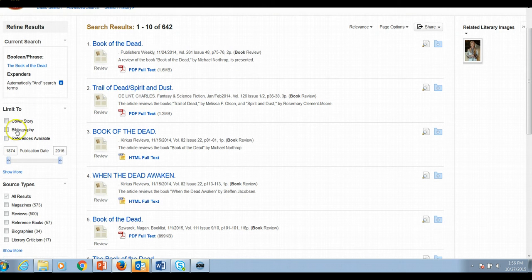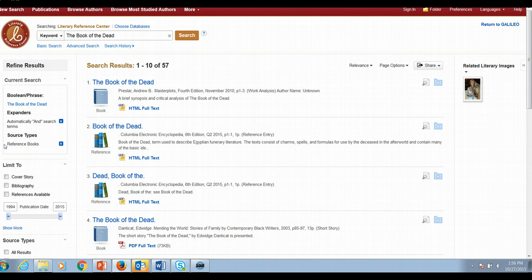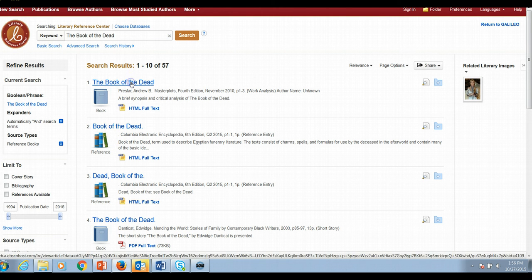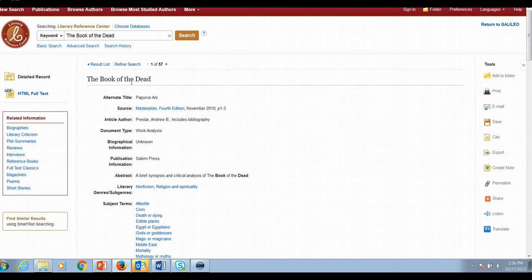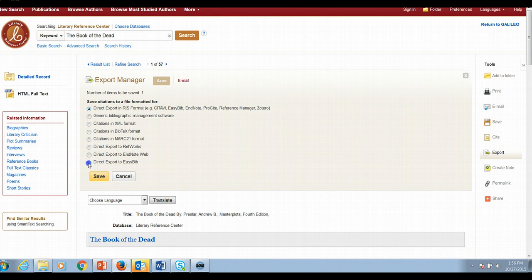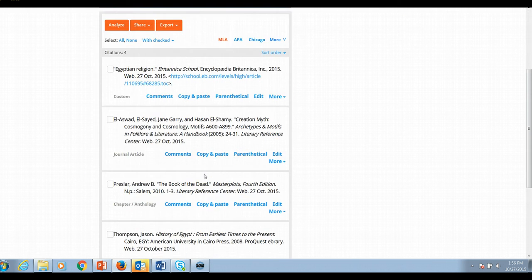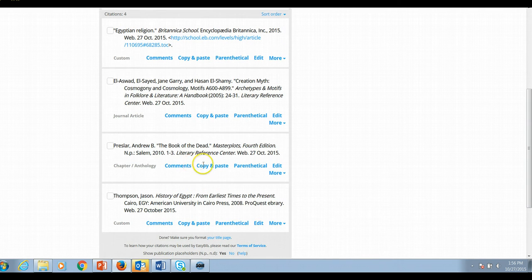And again, I can go through and limit my results to be more strategic. So maybe I just want to see things from reference books. And then I could begin to see what I might learn about that particular work. And again, the interface is identical to what we saw in the other EBSCO databases through Galileo. Same toolbar, and again, to add it to EasyBib, just make sure your list is open, and then hit export, do a direct export, hit save, press the import button, and ta-da, it is going to automatically be added to